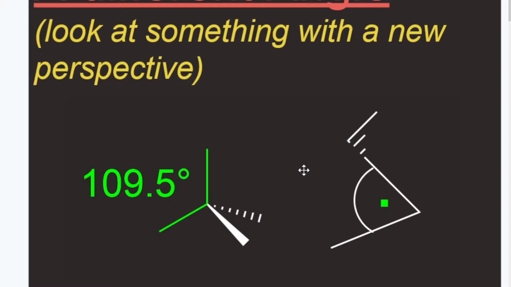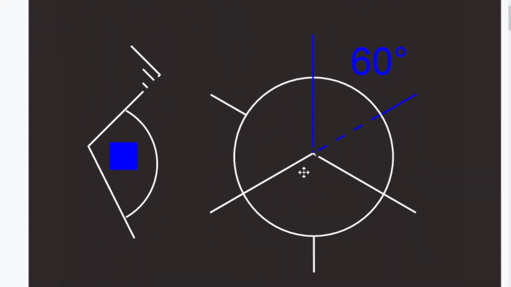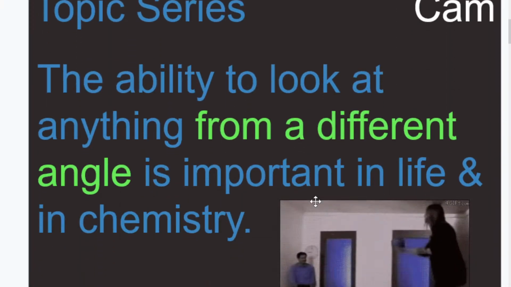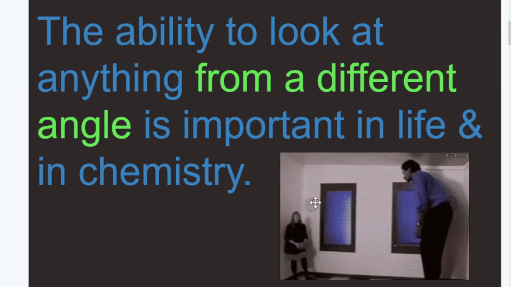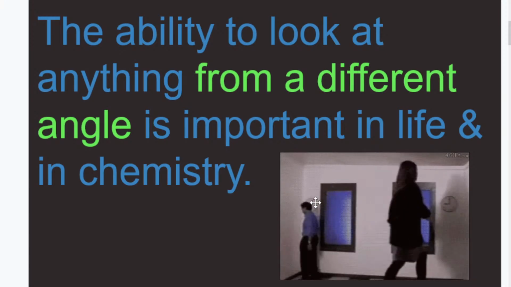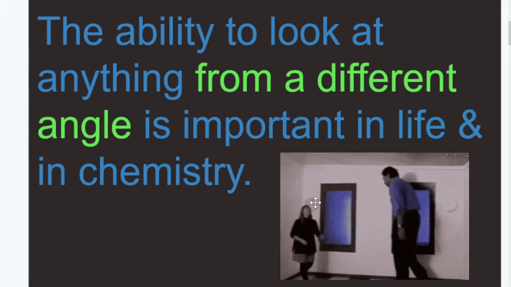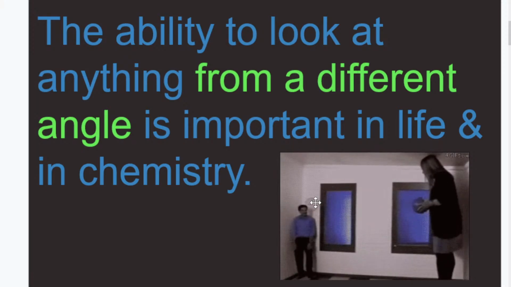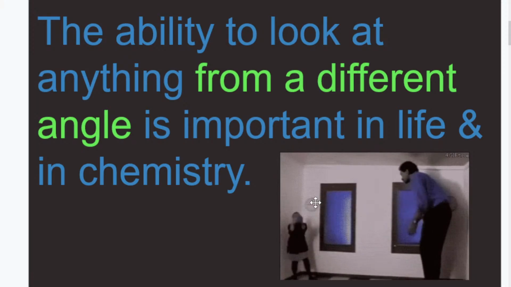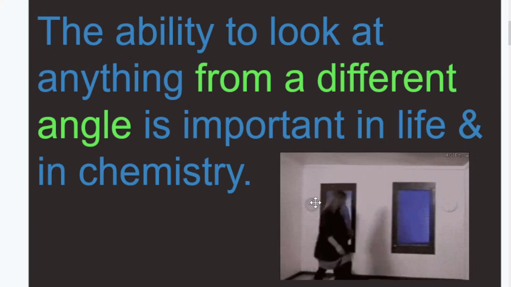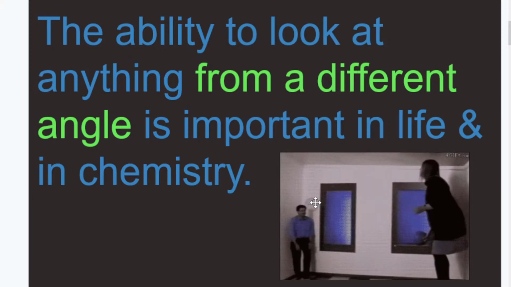But it's important for us to look at some other angles, and these might widen our eyes a little bit, but we can look past a molecule and start to see there are other ways to consider angles in a molecule. I want to remind us that, in general, being able to see different perspectives on things is really important. It allows us to ask different questions or have new understanding of things. And so, of course, here we see the small man and the big woman, and then suddenly the big man and the small woman. And it's really just a matter of, in this case, forced perspective.